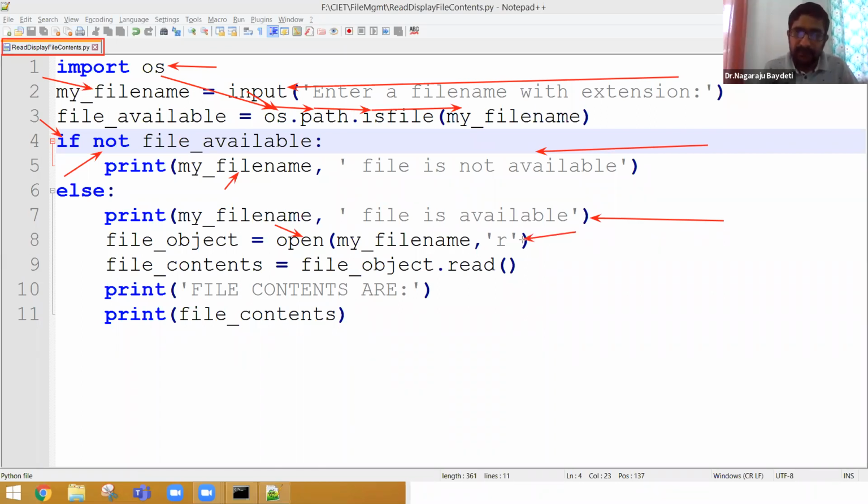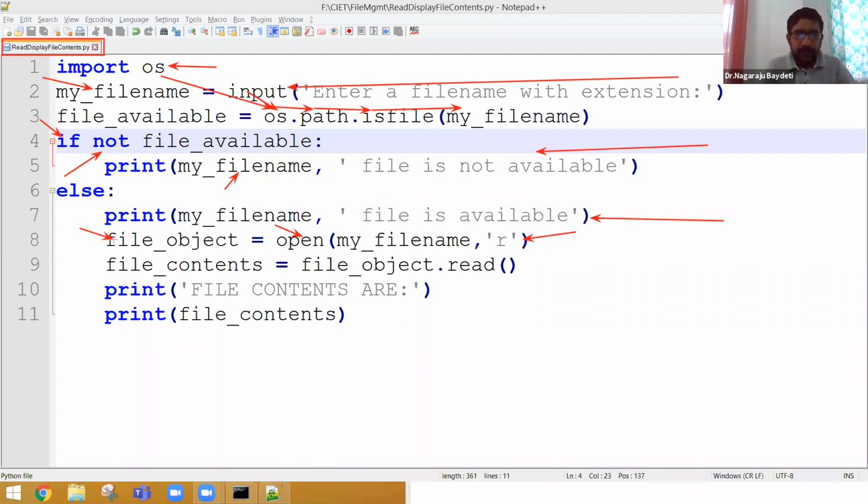So for reading a file, you need an object, right? So file object is an object. You can also write x equal to. In line number 8, you can write x equal to. File object is a file stream object which got permission to open this file in read mode.